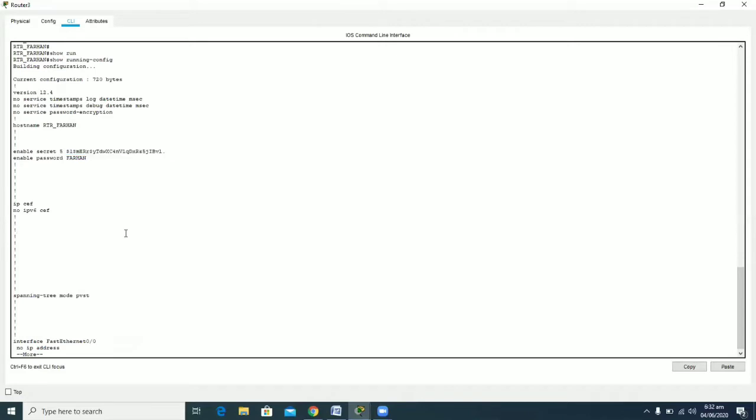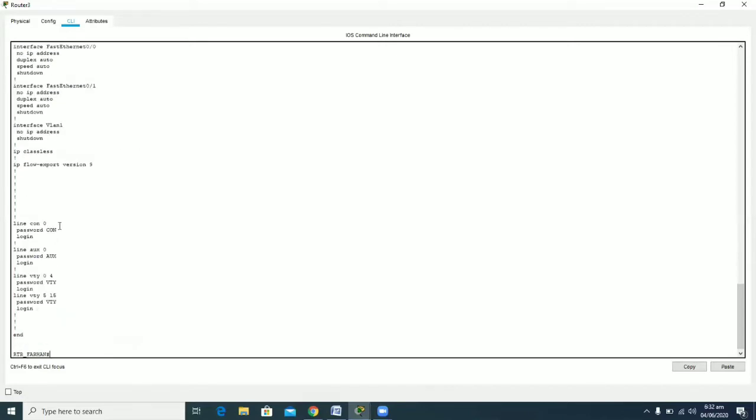So now moving on to our line terminals password. So here is the console line configuration. Here is the auxiliary line configuration, and this is the telnet line or the VTY line password. So all these 5 different types of passwords have been set up by me, and now I am assuming that